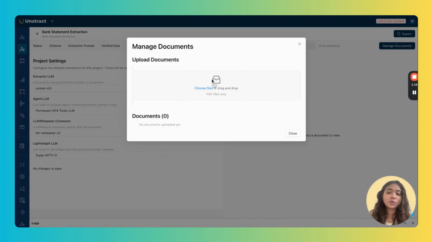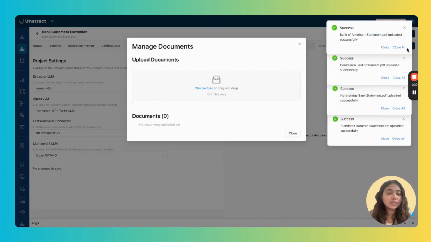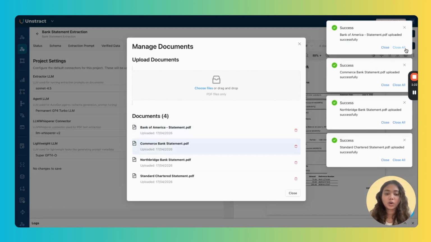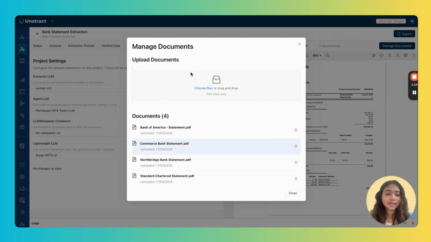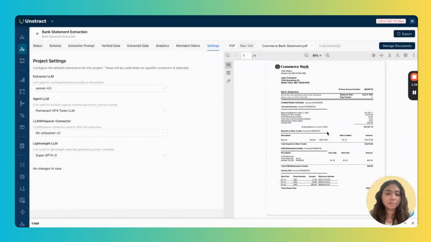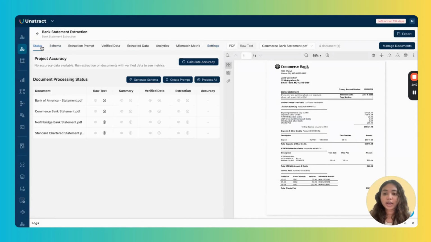What you should ideally be doing over here is uploading all the bank statement variants that you have. So this data set that you upload forms the sample data set for the project to work on. It analyzes the various kinds of layouts and formats that your particular business incurs and creates prompts accordingly. Now that I've uploaded the documents, I am going to go and extract the raw text from these documents. I do that by enabling the processor over here.